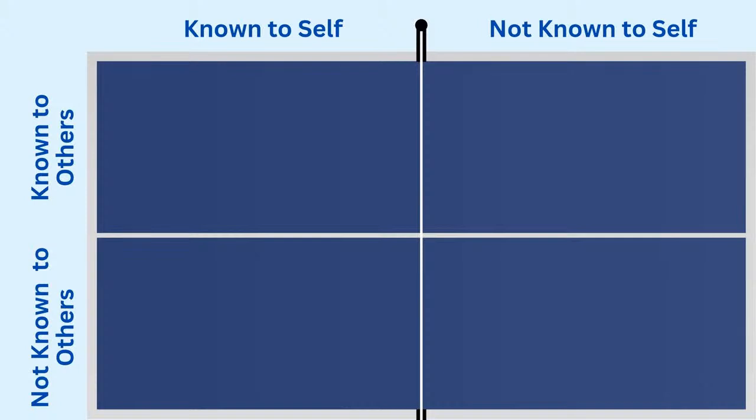So if you look at these 4 quadrants: known to self and known to others, not known to self but known to others, not known to others but known to self, and there is another quadrant where it is not known to others and not known to myself. So 4 quadrants are there, and we are going to look at what each one of these quadrants talks about,